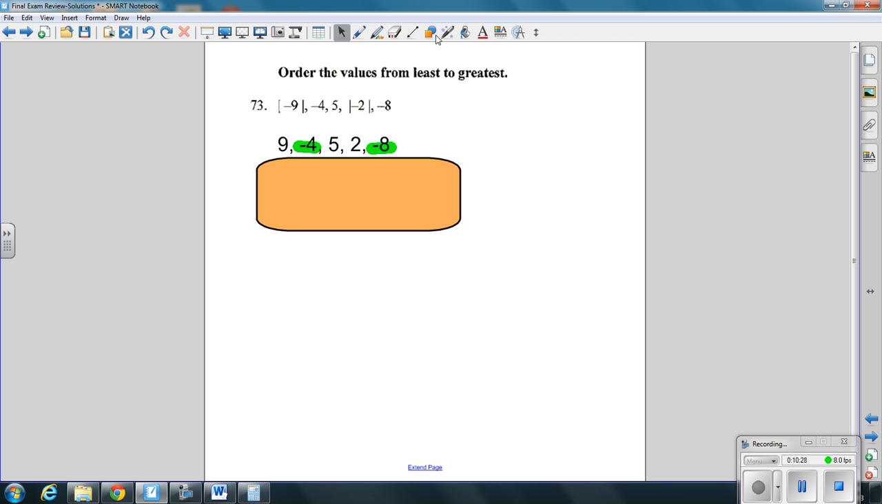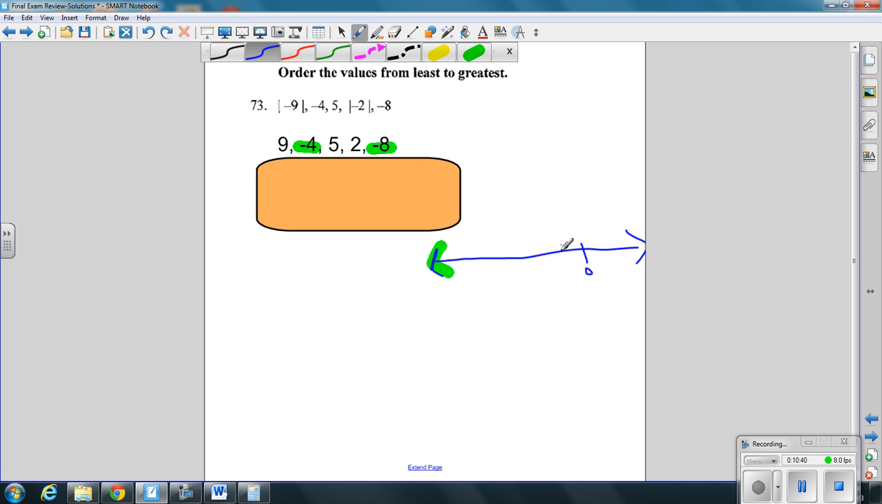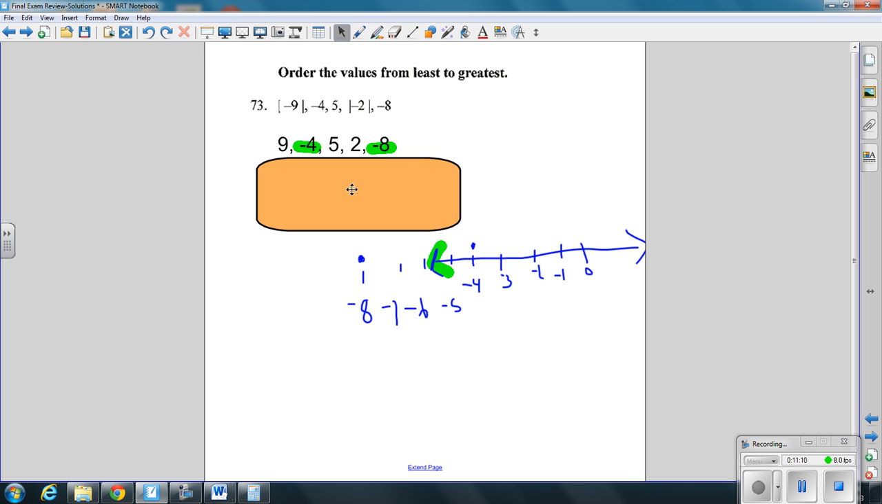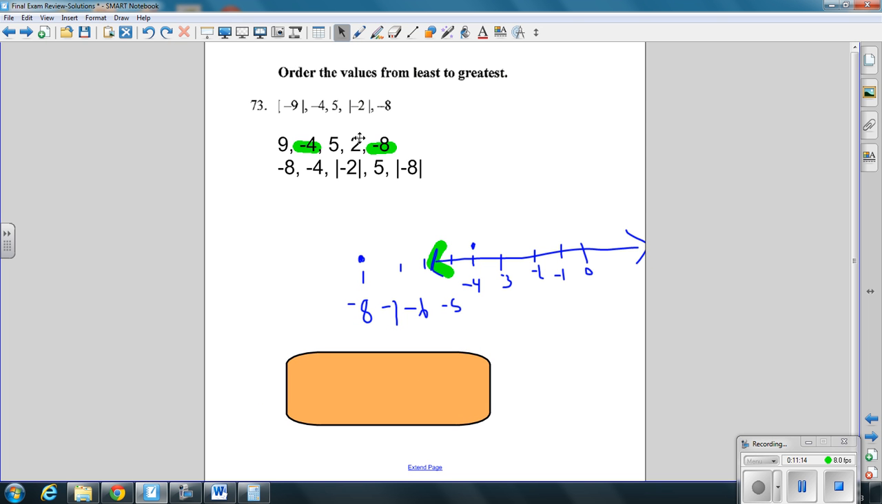So if I'm on a number line, and here is 0, negative 1 gets smaller. Negative 2, we're getting smaller yet. Negative 3, even smaller. So every time we move left on the number line, the numbers are just getting smaller and smaller and smaller. And if the number line continued, negative 8 would be the smallest number here, then negative 4, and if we continue, we have negative 8, negative 4, 2 is really the absolute value of negative 2, so we always bring back the original form the number was given, then 5, then